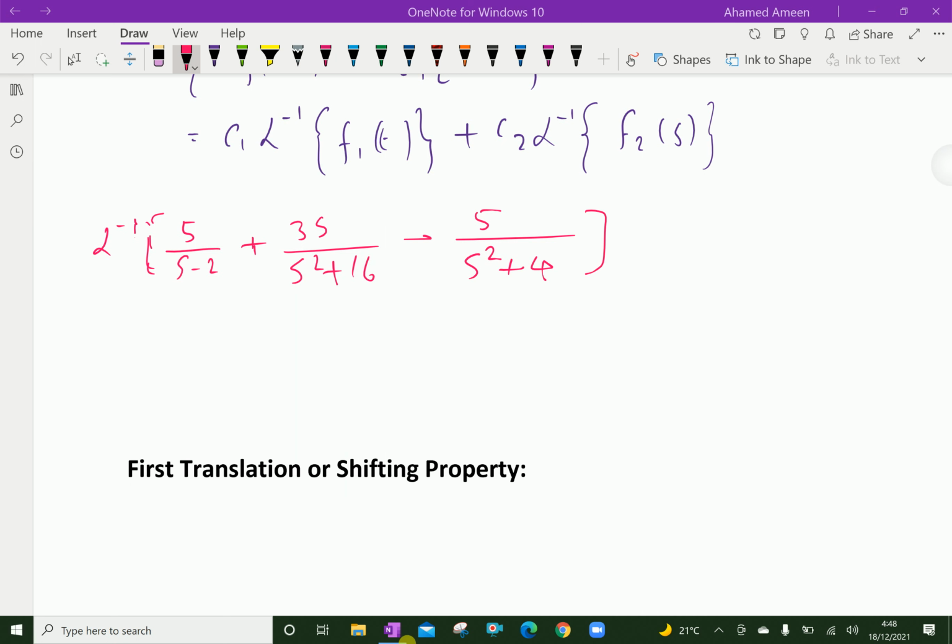Now this inverse Laplace transform is split for each function, then you can find, which is equal to